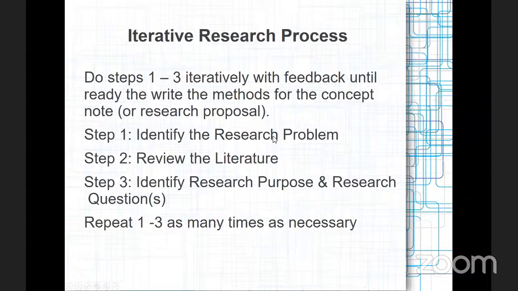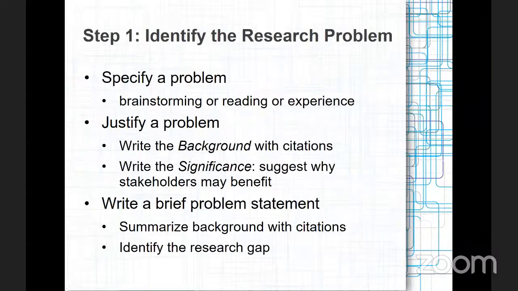by reading the literature, you may realize that the problem that you have, you may need to change, because every research question that you have has to be justified by the scholarly literature. We're going to be clarifying what we mean by that, but the short answer here is for every research project, remember we're talking right now about the empirical studies, you must specify a problem. Even in the systematic reviews, you specify a problem.